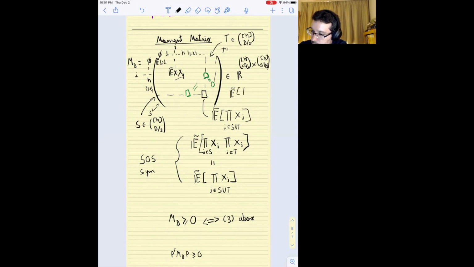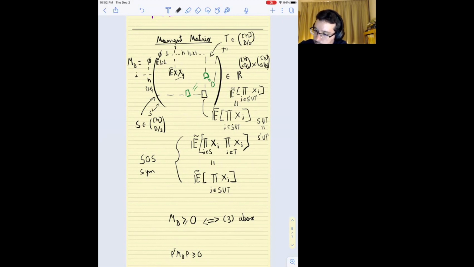So this is going to be the product of x_i for i belonging to S prime union T prime. And this is going to be equal whenever the union of the two sets is the same, right? Because it represents the same expectation. So whenever their unions are the same, we need to enforce